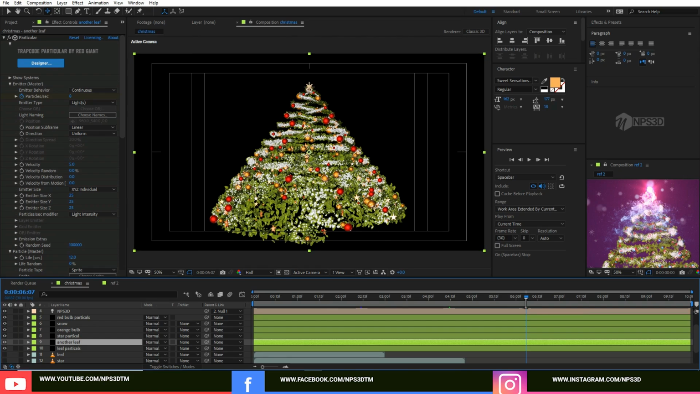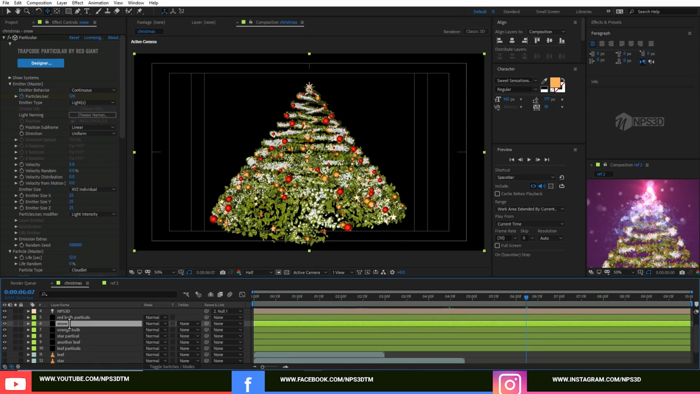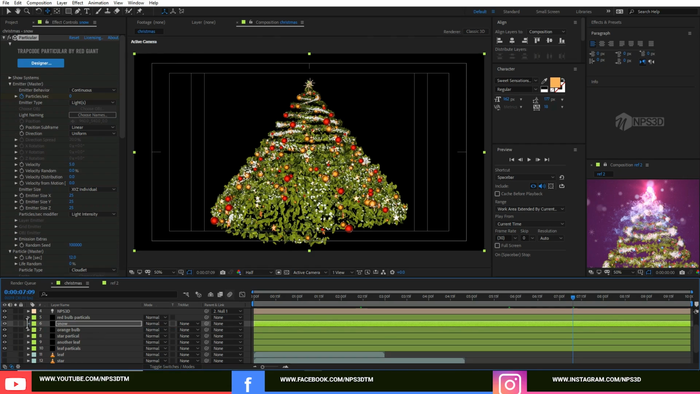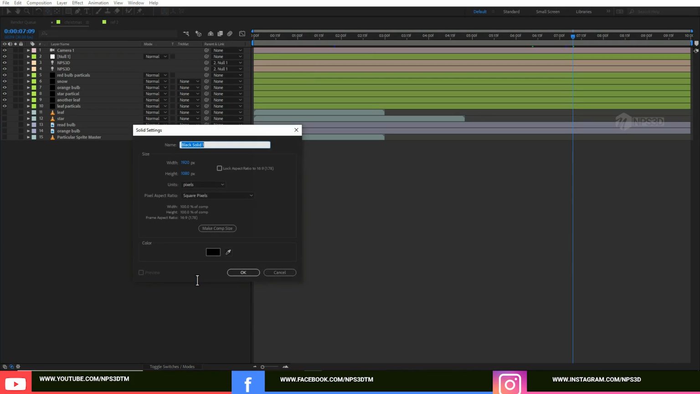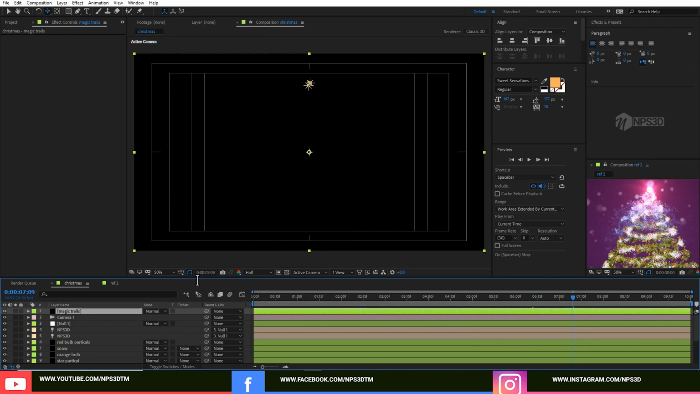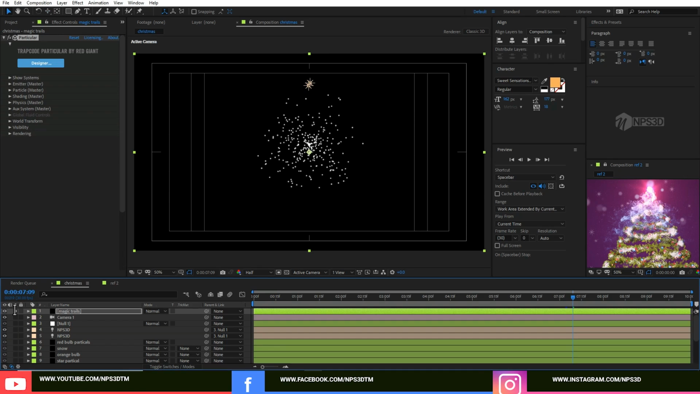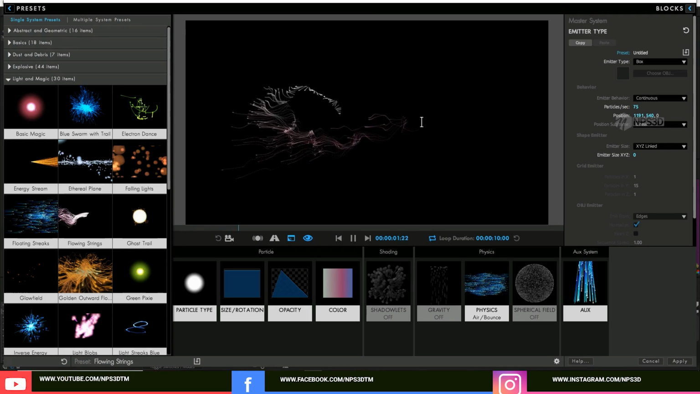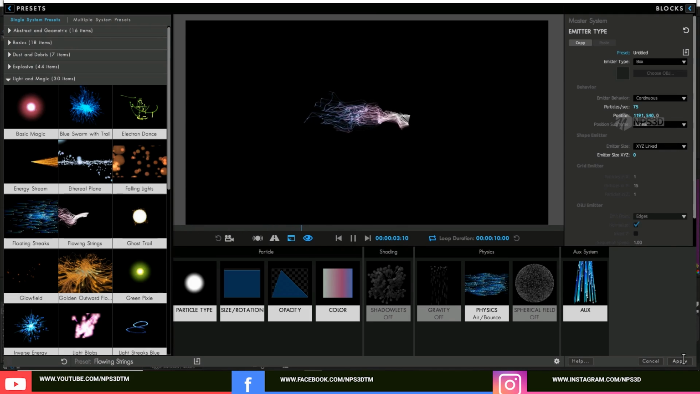And if you think there is a lot of snow, you can just go to the snow and reduce it. So this looks good. Now let's create a solid, and this is gonna be a magic trail. Alright, and let's apply a particular and solo this and go to the designer view. I think this one, right? This one. So hit apply